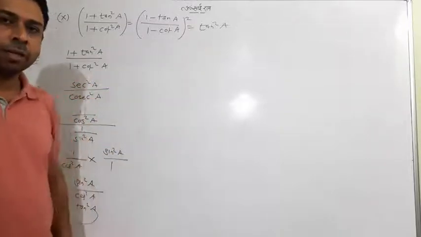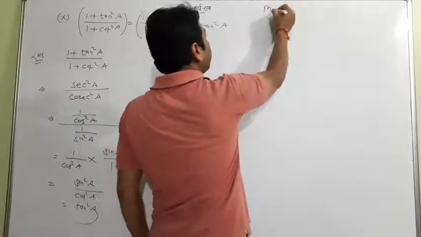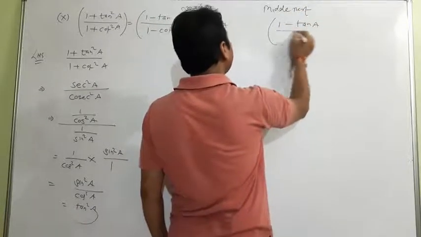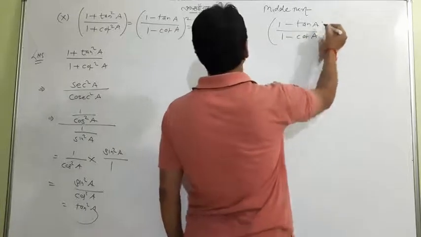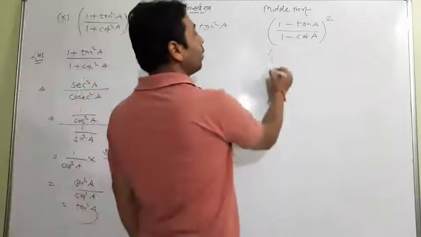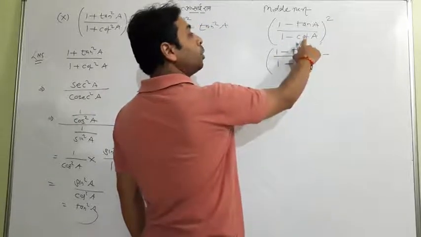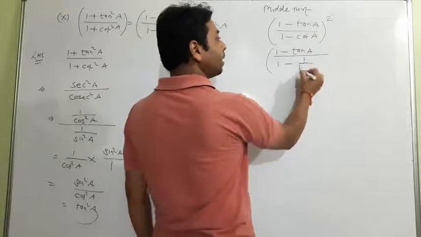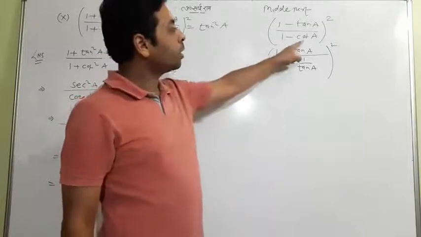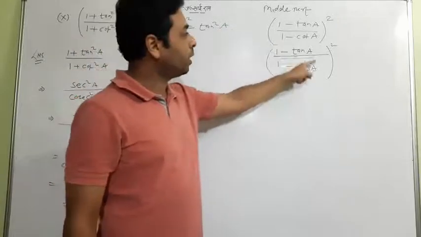That simple is that. So very easy, I think you have got it. Now I'll take the middle part, which is (1 minus tan a upon 1 minus cot a) whole square. I need a tan square, so again I'll use a trick. Look at the term 1 minus tan a upon 1 minus, convert that cot into tan, 1 by tan a. Cot is the reciprocal of tan. I have intentionally changed cot into the form of tan because ultimately I need the answer in tan.